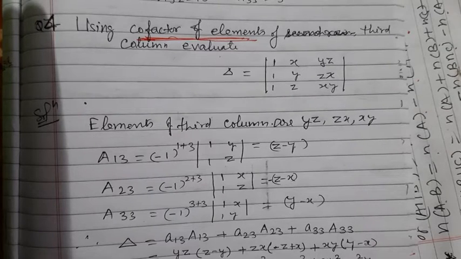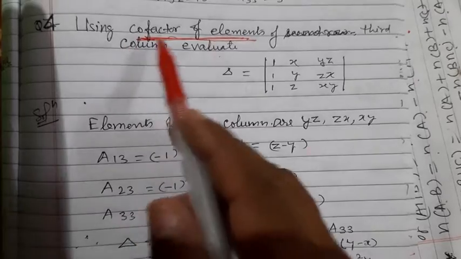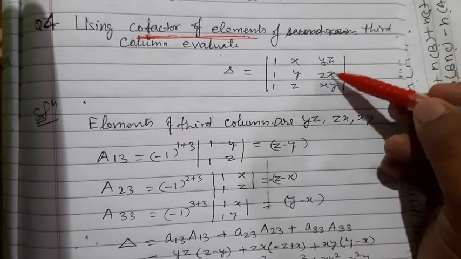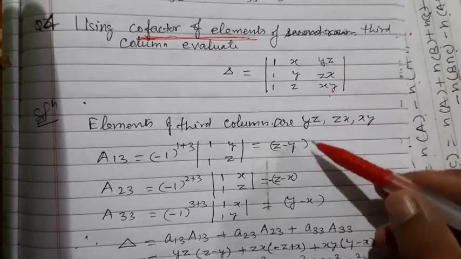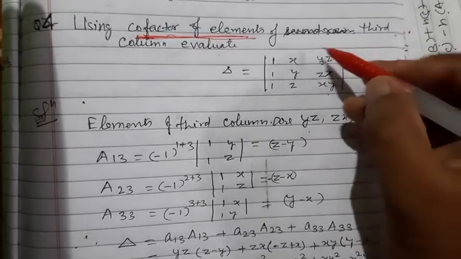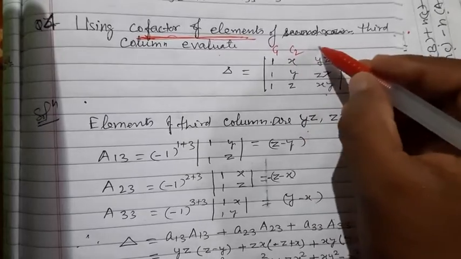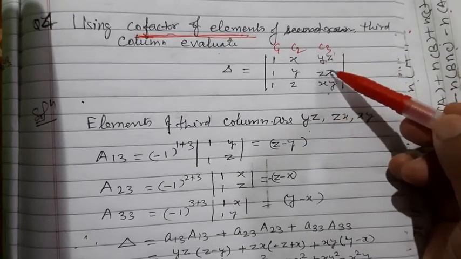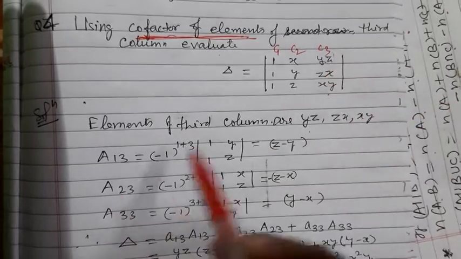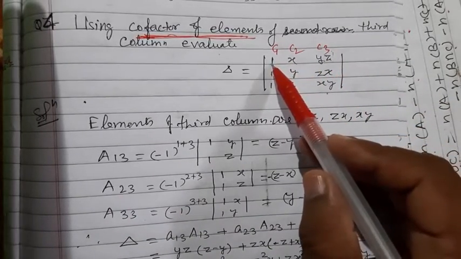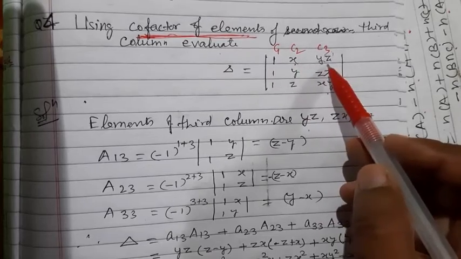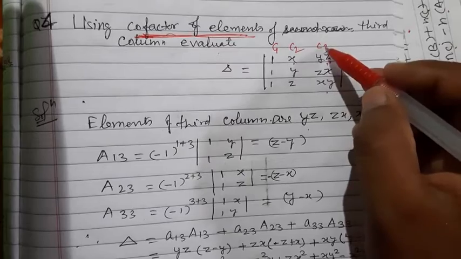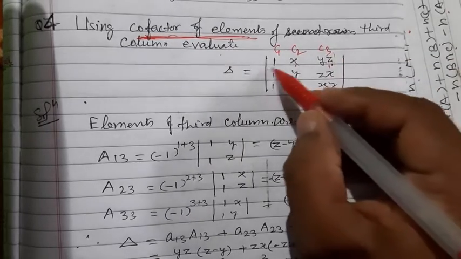तो बाय दिस पे अगर हम थर्ड कॉलम लिखते हैं, तो थर्ड कॉलम के जो एलिमेंट हैं वो YZ, ZX और XY हैं. थर्ड कॉलम इज दिस, C1, C2 एंड C3. अब C3 के करस्पॉन्डिंग हम कोफैक्टर निकालेंगे. तो C3 के करस्पॉन्डिंग A11, A12 और A13 है. कोफैक्टर ऑफ A13 लेके चलेंगे तो इस तरह से ये कॉलम और ये रो डिलीट होगा.